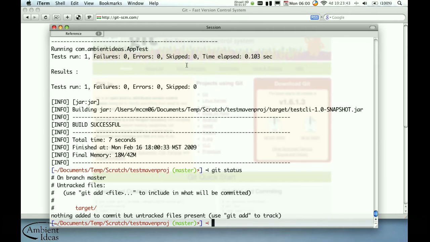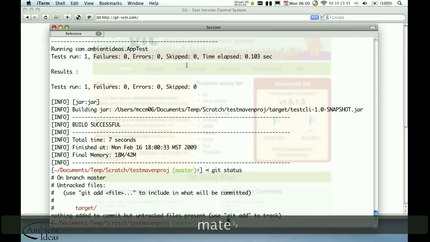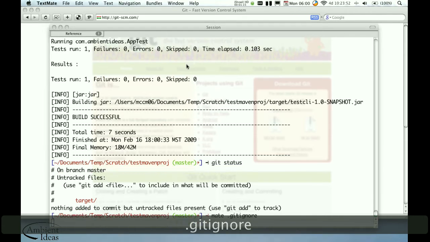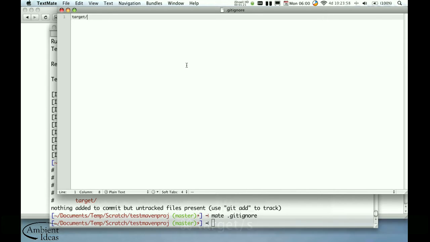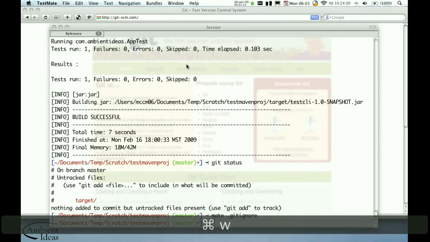What do you do? I'm going to use TextMate, but use whatever text editor you please. And we're going to create a file called .gitignore in the root directory of the project. And I'm simply going to type target/, identifying that I want to ignore that as a directory and everything beneath it. If I drop back to the command prompt,